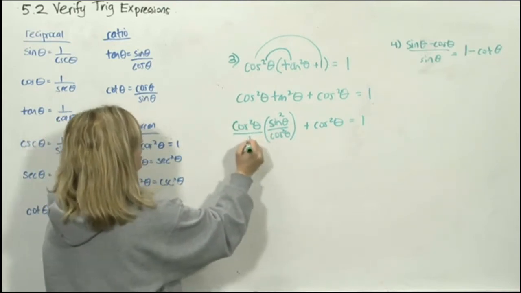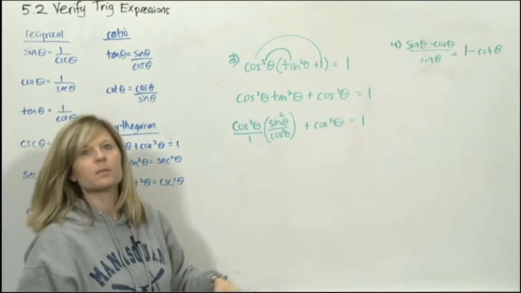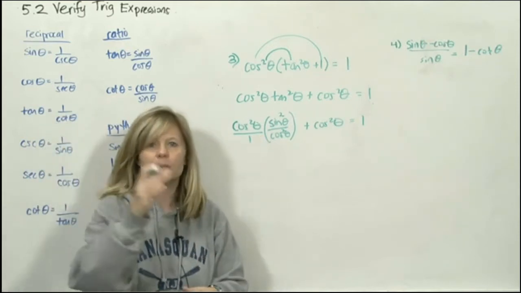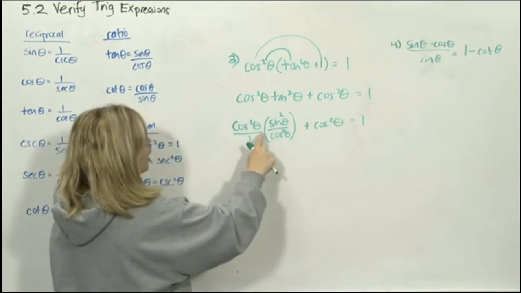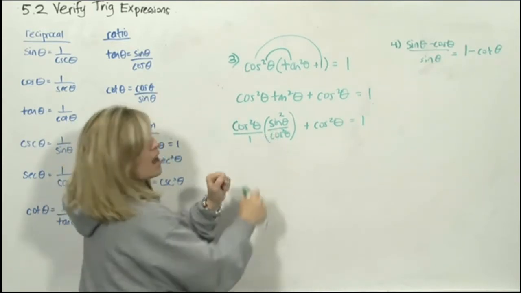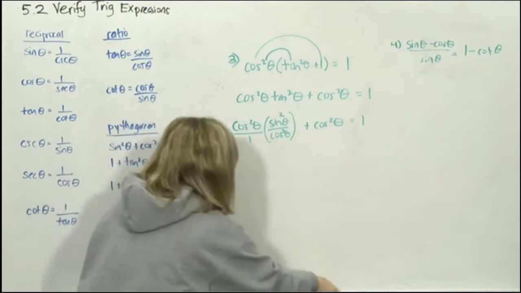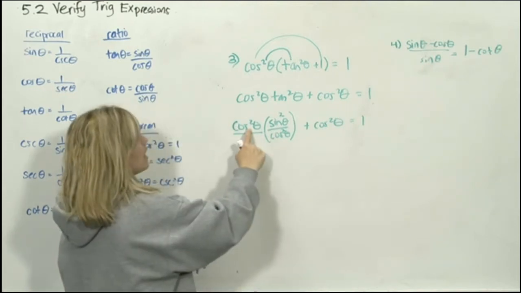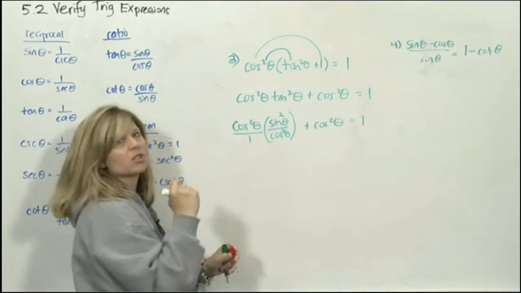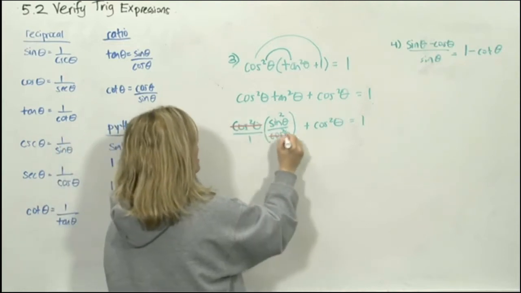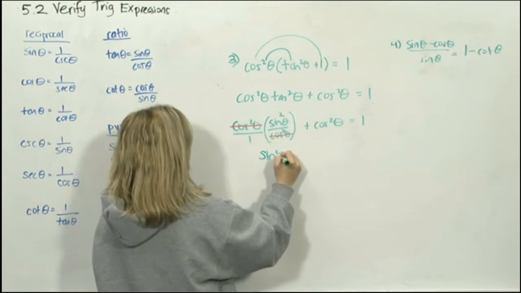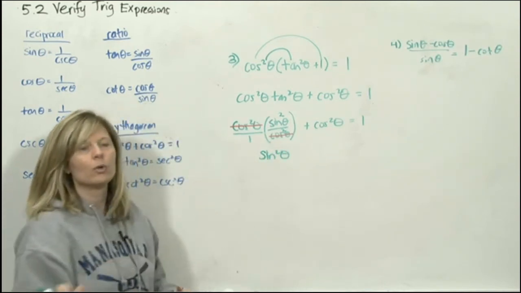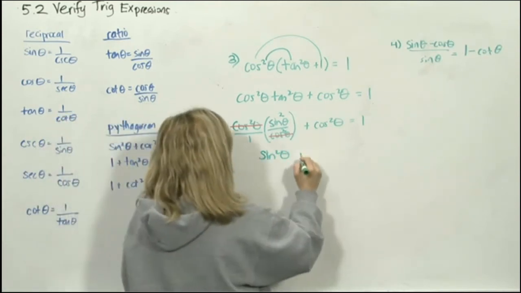Now we're multiplying fractions. I'm going to put a 1 over here so I can see it. We know the rule is multiplying fractions is no problem. Top times top, bottom times bottom. However, we know because this is multiply and the bars are divide, why don't we divide first? What you should notice is I have a cosine squared in the numerator, a cosine squared in the denominator, so they're going to divide out and make 1. So that's going to leave me sine squared theta over 1, which we don't need to put the 1, plus